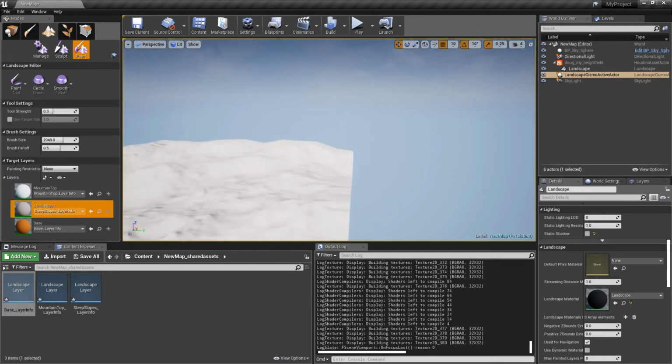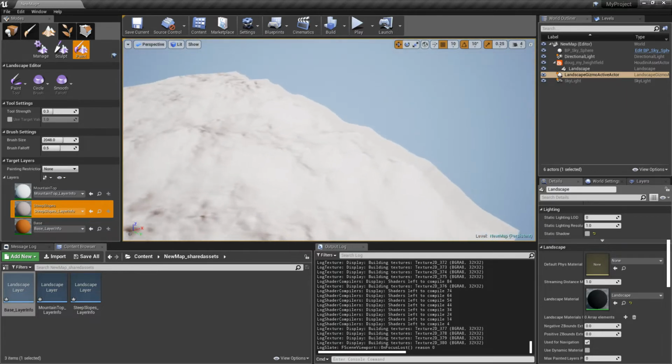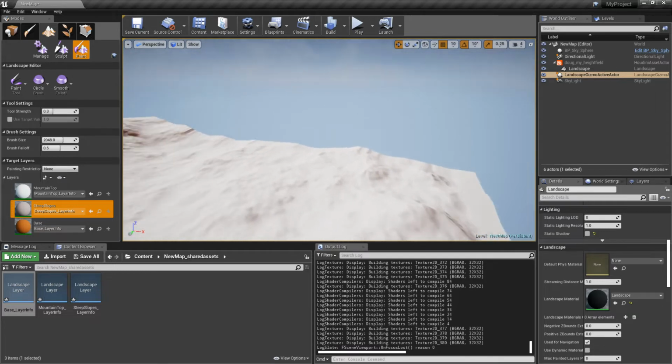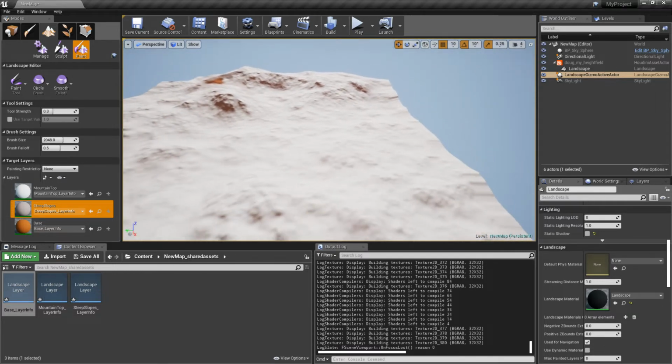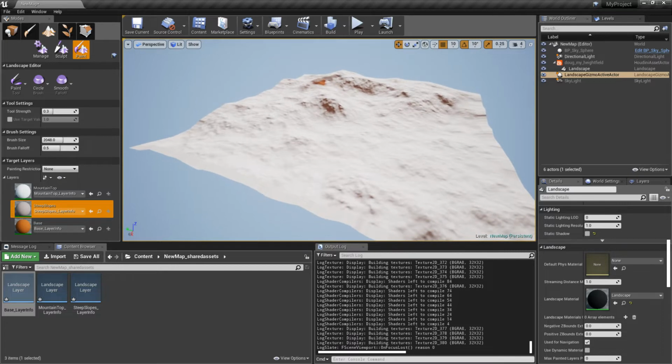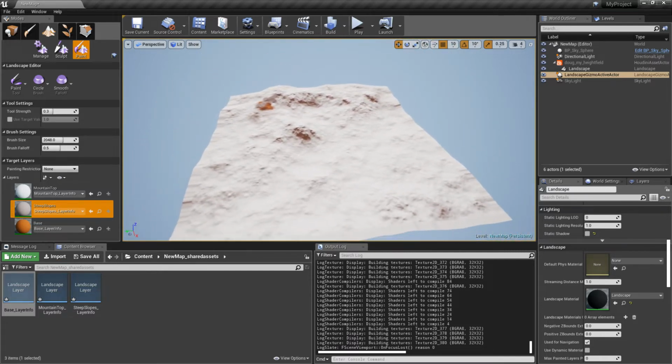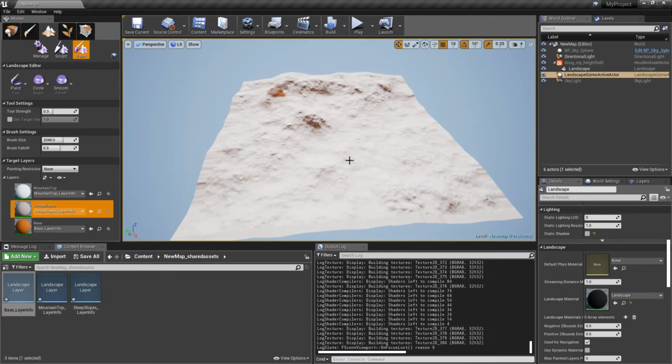And I don't know if that happens on every edge. Let's see. Yeah, it happens over on that edge as well, and on that edge, so every edge. And the reason why is because when I created this asset, I set my resolution to the default Houdini height map resolution, which is 1000 by 1000. And Unreal Engine 4 is particular about what resolutions it likes, and it actually wants it to be 1009 by